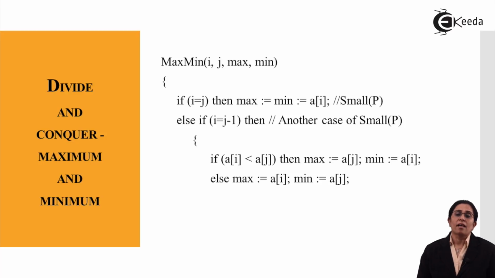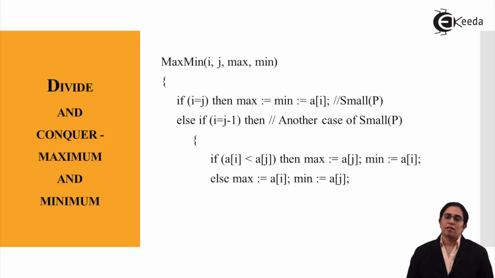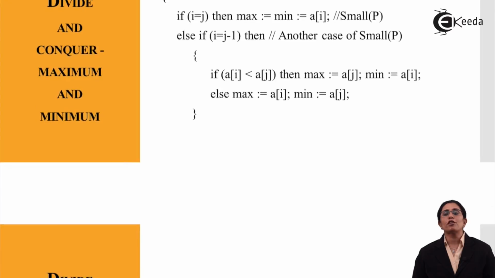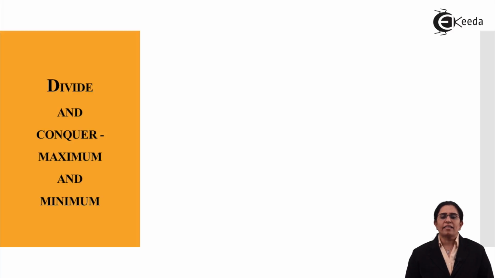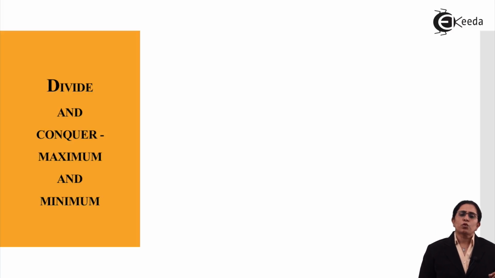So it is starting that if I have my elements in a sorted list, then the max and the min can be assigned from the first and the last element of my array list. I close the else loop over here, and then we come to the next part of my divide and conquer strategy.